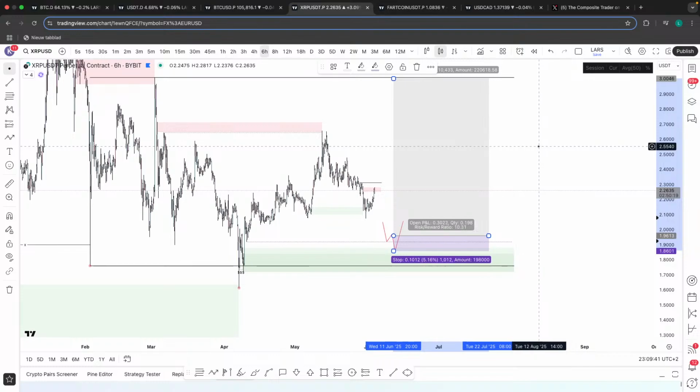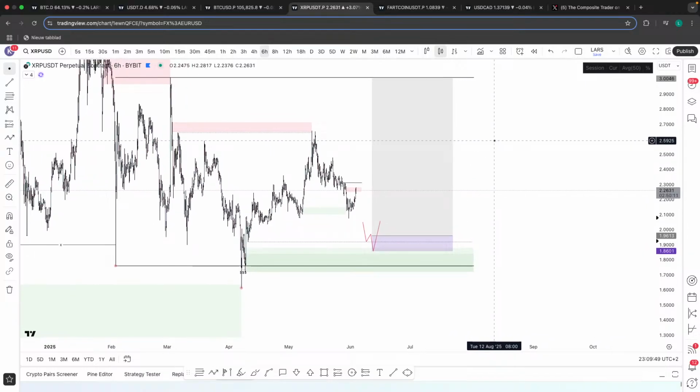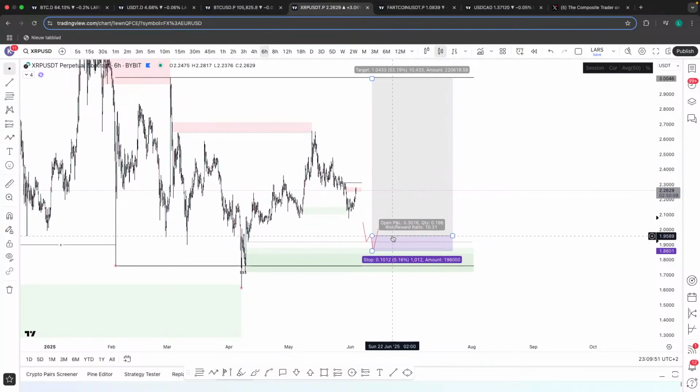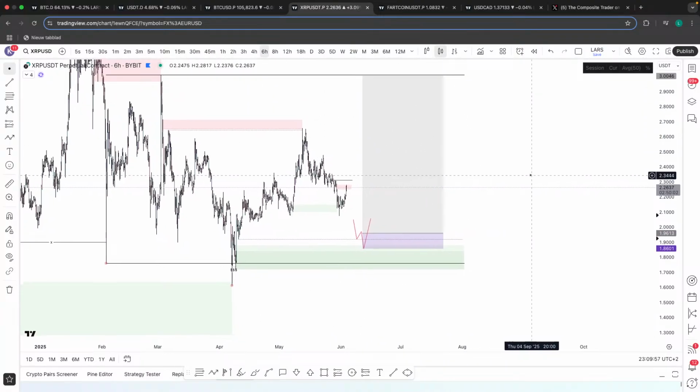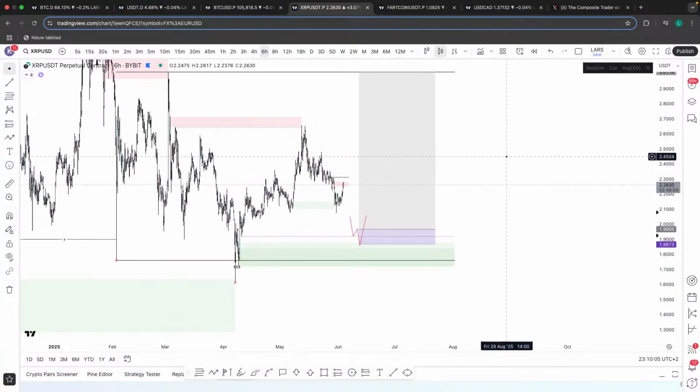Now, on a high time frame setup, I can easily risk 3 to 5% of my portfolio, of my account balance. So then you can gain 35% on that total balance in one trade, cash. If you want to have a 1K risk, it's going to be a 10K profit. If you want to have a 10K risk, it's going to be a 100K profit. But it's cash compounding cash through trading.